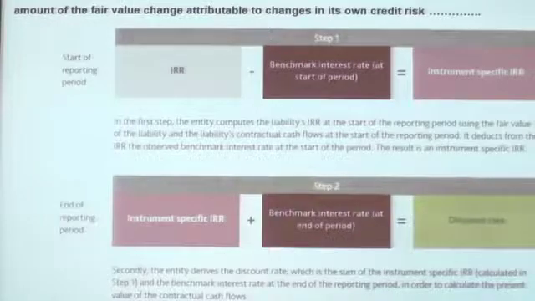But company A will discount not by an increased rate, but the normal rate. Their gain is very small. The loss making company, the less attractive company, has a huge gain in P&L. The more attractive company has a small gain in P&L. Now it is not fair. Therefore, the additional gain created through that additional 40% discount rate shall be recognized in other comprehensive income. Is that clear? That is a requirement.